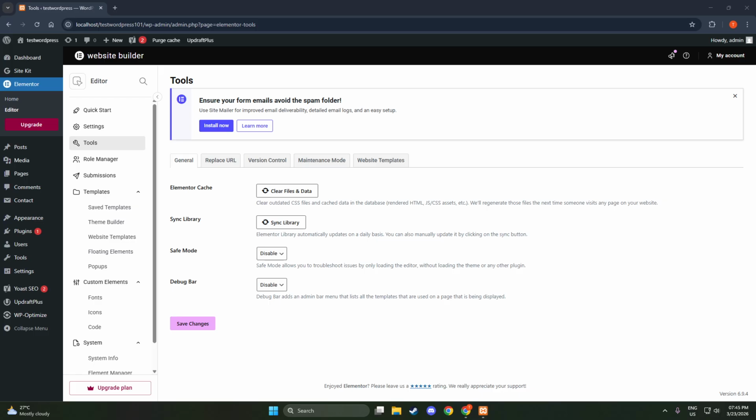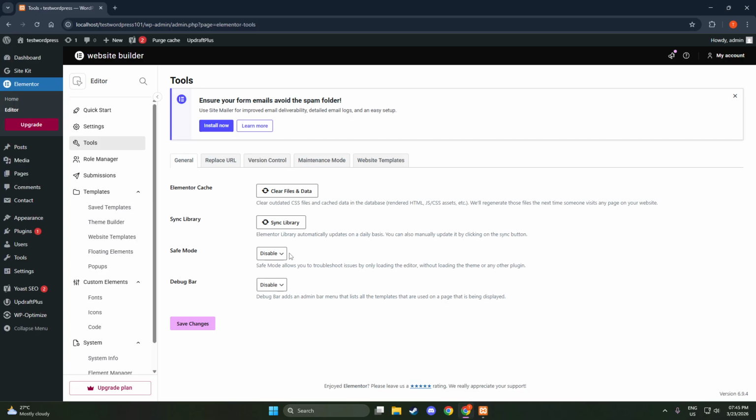Inside Tools, locate the Safe Mode option. Depending on your Elementor version, it may appear on the General tab or as a clearly labeled toggle in the Tools screen. You'll recognize it by the Safe Mode label and a brief description explaining that it helps resolve loading issues by running the editor without external conflicts. If you don't see it right away, scroll the page or check that Elementor is up to date. The option is part of the core plugin, so you don't need any add-ons to use it.